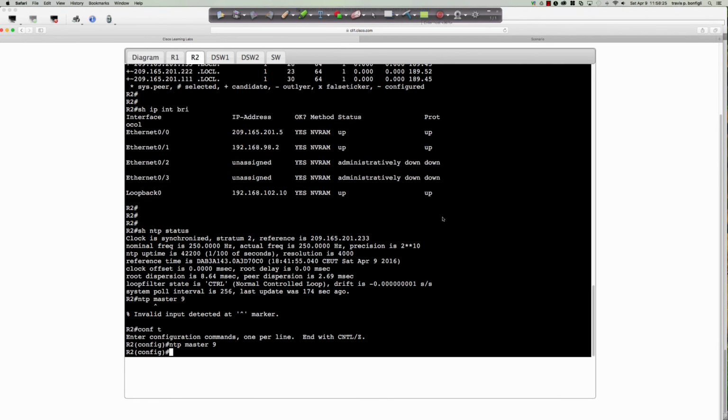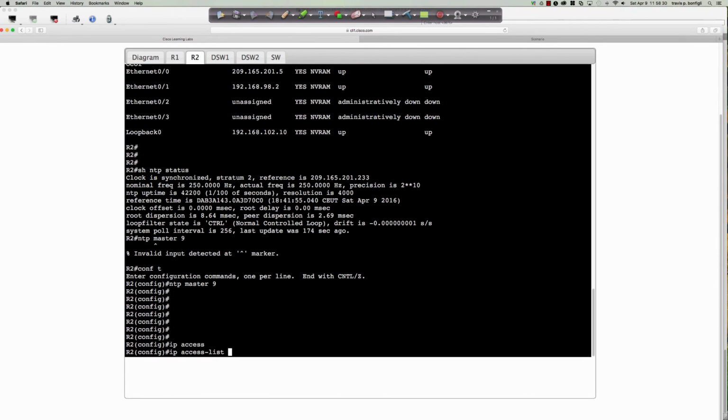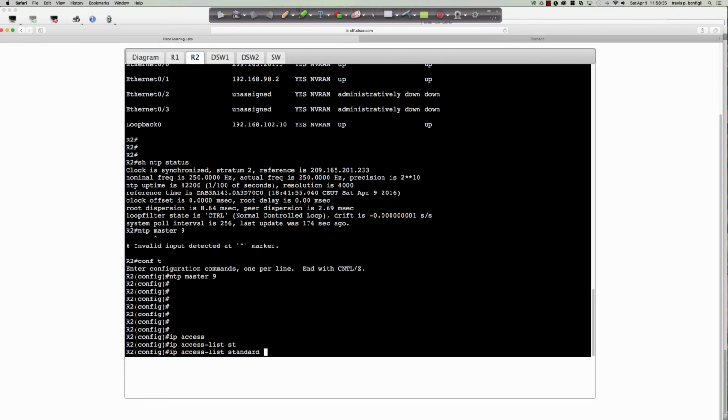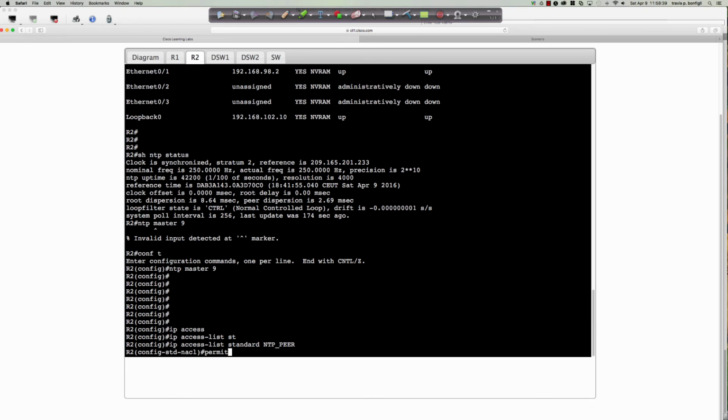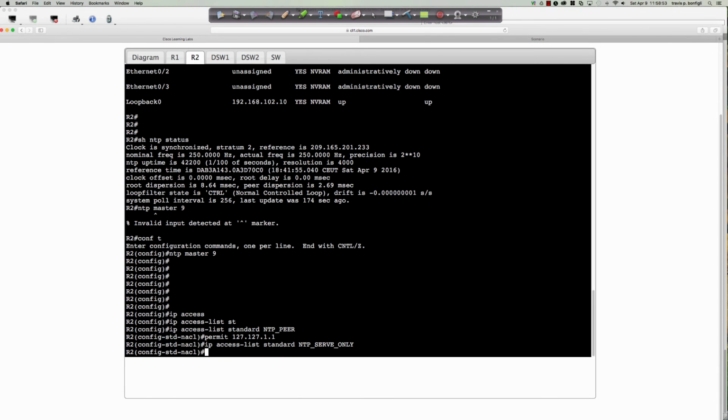So now let's come over to router 2, and we're going to do the same thing in terms of the access list. So ip access-list, and it can be named or numbered. It doesn't have to be a named access list. So ip access-list standard NTP_peer, permit 127.127.1.1, and then ip access-list standard NTP_serve, and this is what I should have done earlier, serve-only, because there is a serve. Excuse me, so we're going to say serve-only, and we're going to permit basically everybody on the 192.168.0.0